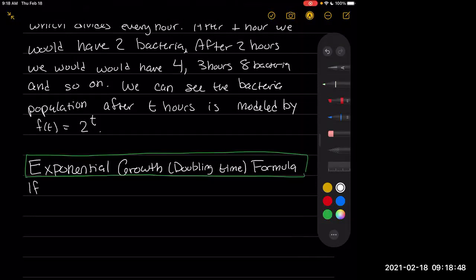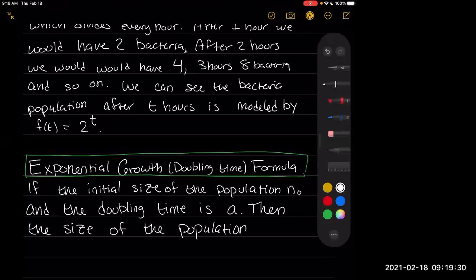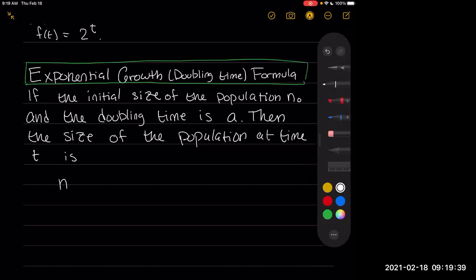If the initial size of the population is n naught, and the doubling time is a, where the doubling time is the time it takes for the population to double, then the size of the population at time t is n of t equals n naught, our initial population size, times 2 raised to the t over a, where a is our doubling time,